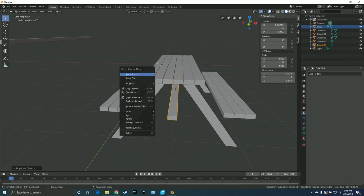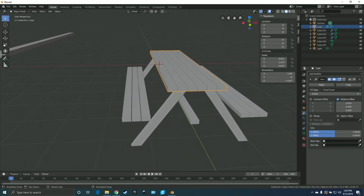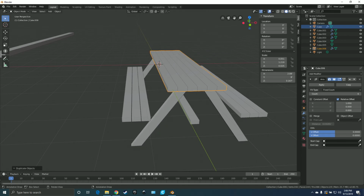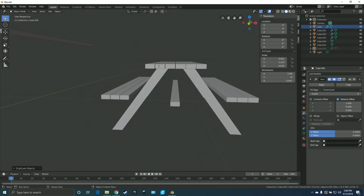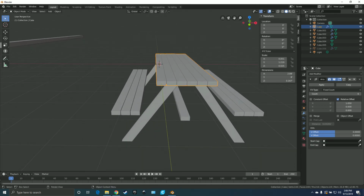If you want to get things centered, like if this is the tabletop and you know you're happy with it, sometimes if I want to keep playing with it, I'll actually Shift D, duplicate it, leave it in place, and just hide it. So you can still work with this one and butcher and destroy it, and you've still got your original duplicate there just to use. We'll leave it hidden. What I want to do...